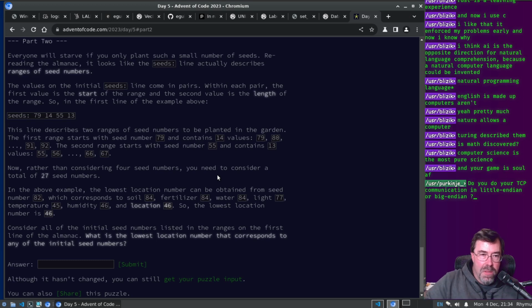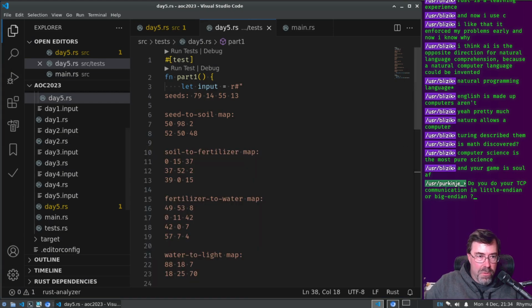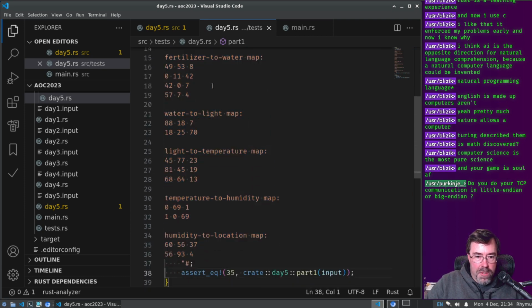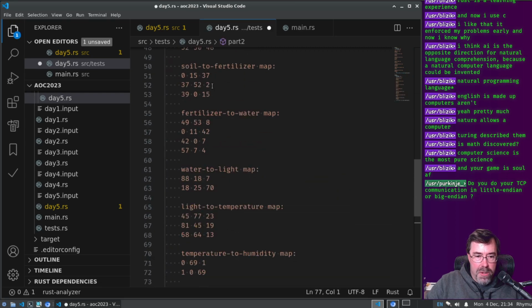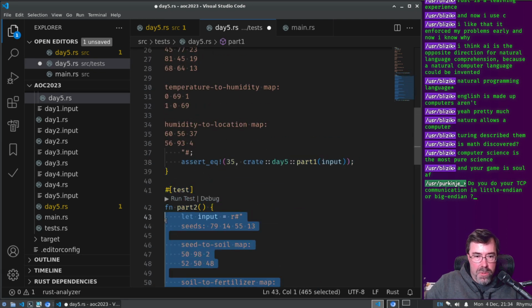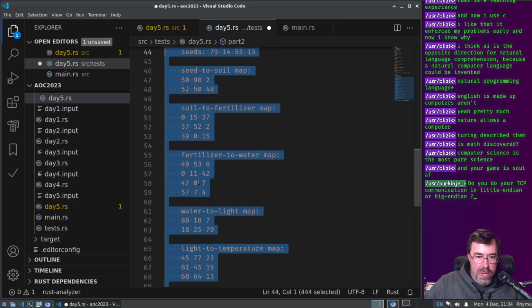Okay. Whew. Okay, so they did this so that you can't brute force it. So if I tried to brute force it, let's see what happens. Same example input. Now that I think about it, if the example for part 1 and part 2 are the same, I should just have put it in one spot, right? I shouldn't have bothered having a copy of it.